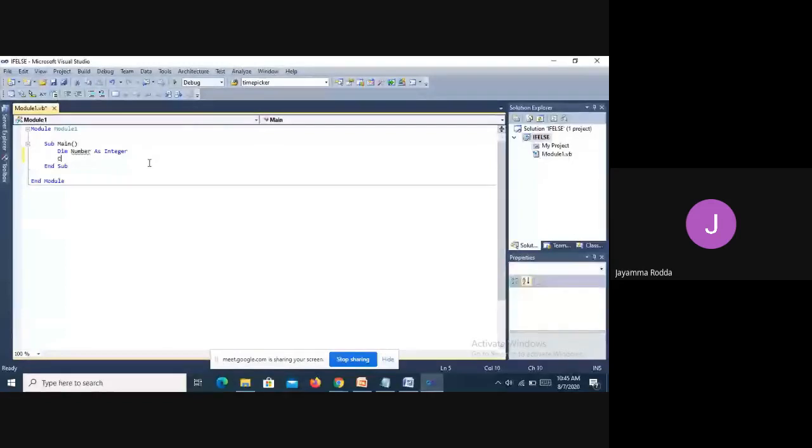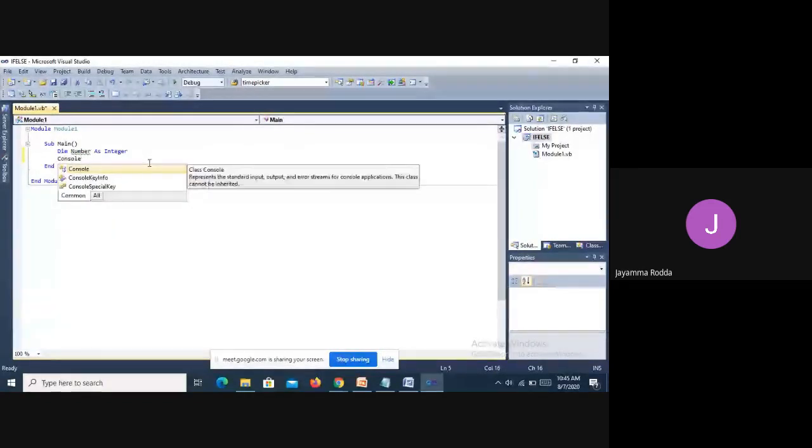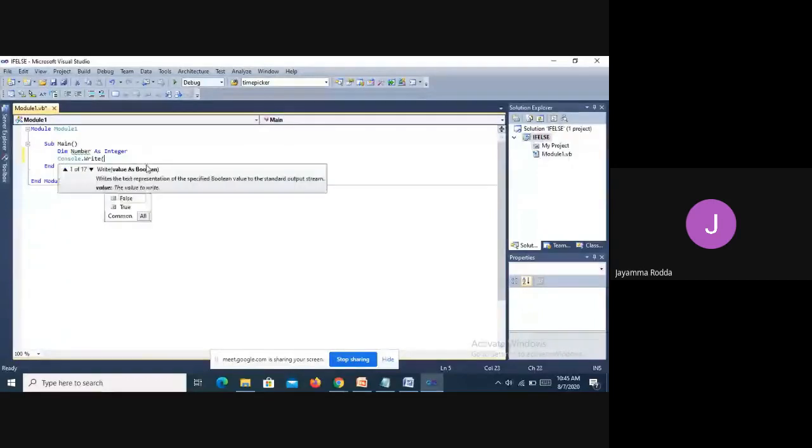Whenever you are writing, I want to write Console.Write. So I want to write an output statement, Console.Write, like we give the prompt to the system. Generally, in a sample program, we want the system to prompt to enter a particular number.